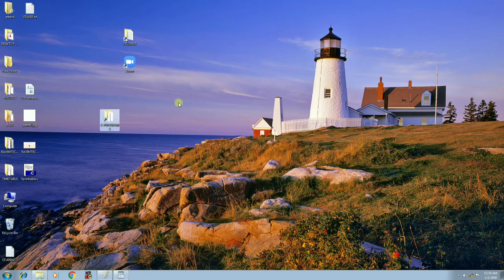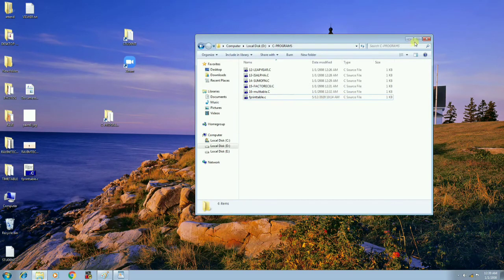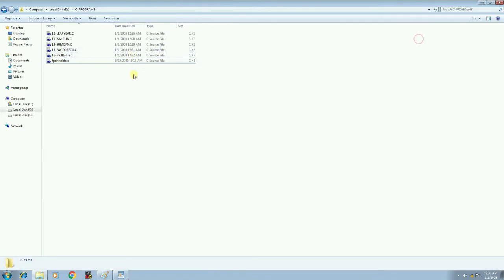Now what is the beauty of the shortcut? You can open the programs very fast. For example, now if you want to open the C programs folder, I need not go to my computer, and I need not click on the D drive and all. Directly I will click on the shortcut. See how fast it is opening. Directly my C programs are getting opened. We are able to go to that folder. If you want to open any file, you can open. Okay, this is the way of creating the shortcut for the folder.